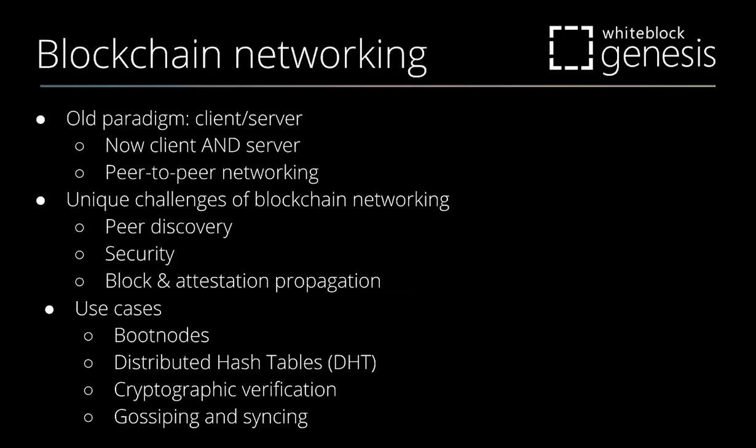So the unique challenges of blockchain networking are, first, peer discovery, where you can find the other peers that are exposing the same chain that you're looking for. To have security throughout, from handshake to encryption, to securing the network layer, but also checking that you get cryptographic proof of the data that you receive, so you're not being fed bad blocks or bad transactions that may create adverse reactions to the rest of the network. And we also want a fast propagation time for blocks, for attestations, for any elements which are essential to the consensus mechanism.